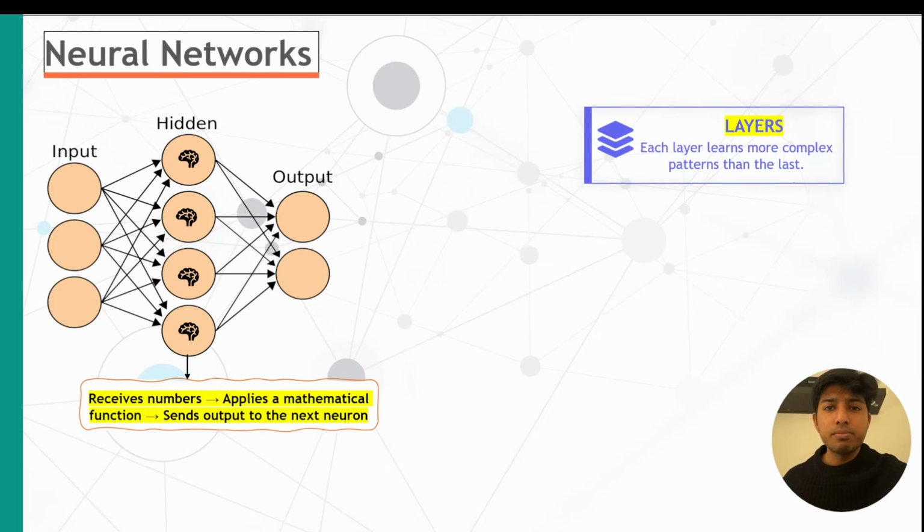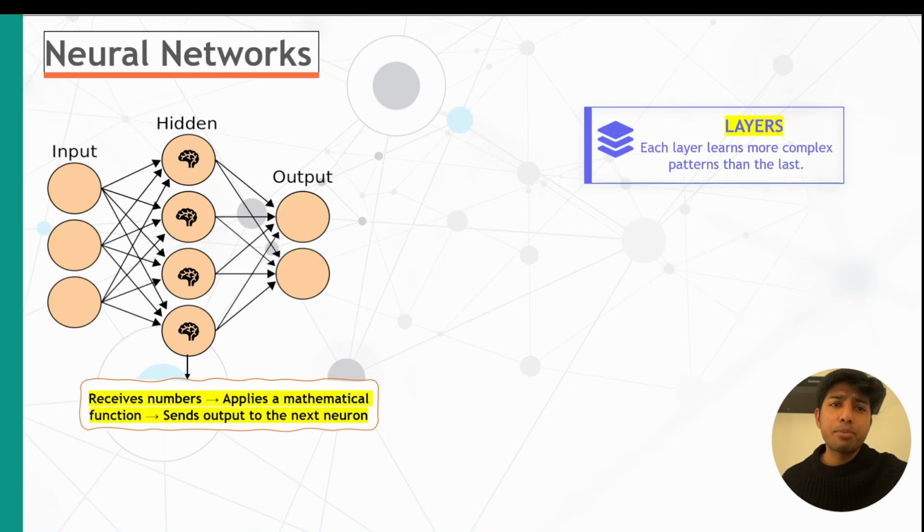So in the figure here, I showed you only one hidden layer. However, there could be thousands of layers like that, that pass information and understand patterns. So now, deep learning just means there are many hidden layers, sometimes hundreds, sometimes thousands.